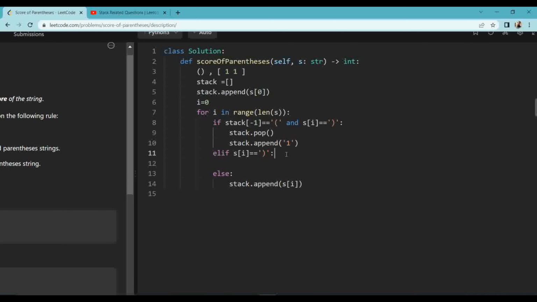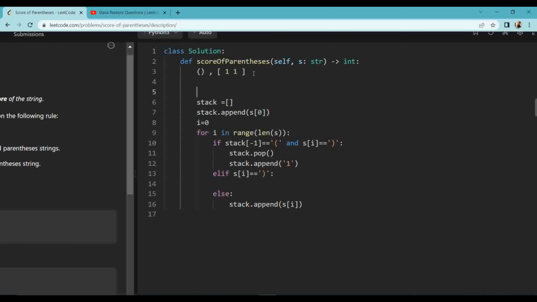So what we will write here, this logic is for when we have a nested case. So in the stack I will insert this one, then in the stack I will insert this one, but when I see that my current value is the closing braces and the last inserted element in the stack is the opening braces, so I will pop and I will insert 1. Now what is my current value right now? This opening braces. If my current value is the opening braces and the last inserted element in the stack is a digit,